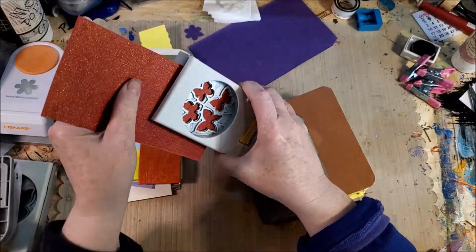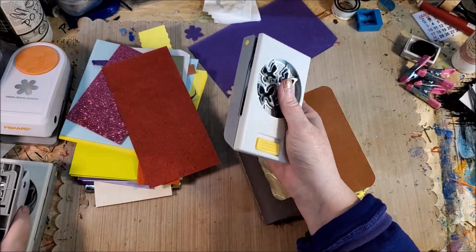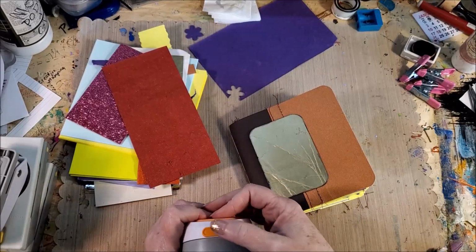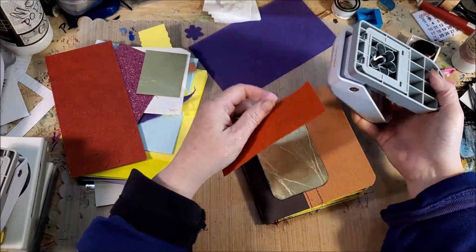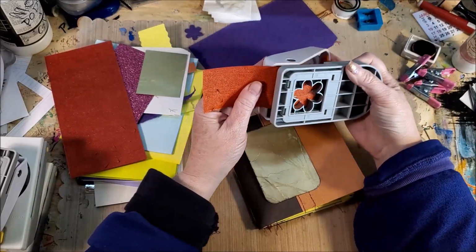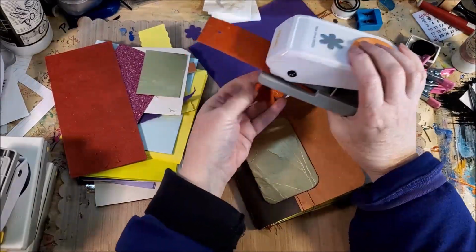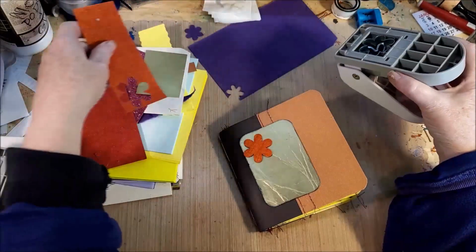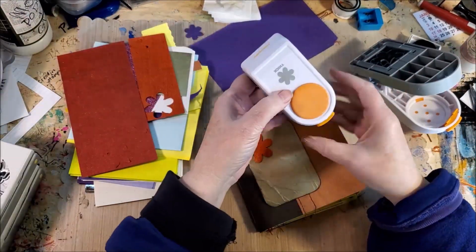No. Okay. I'm not going to break a punch just because it won't punch. Now, we might try it with something simpler like this flower punch. But I tried the purple with one of the flower punches and I could not punch it. This is also a thick punch, so, well, it does punch. Okay. Well, we'll have to settle for little flowers, I guess. I had hoped for some butterflies for the front of the...